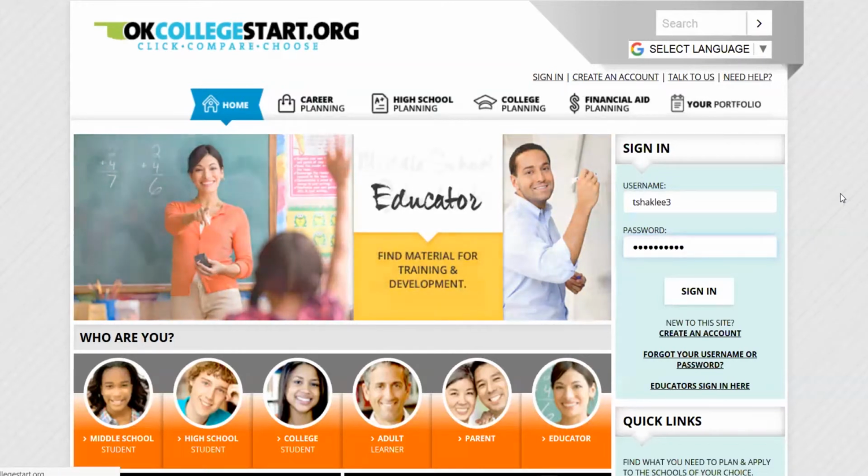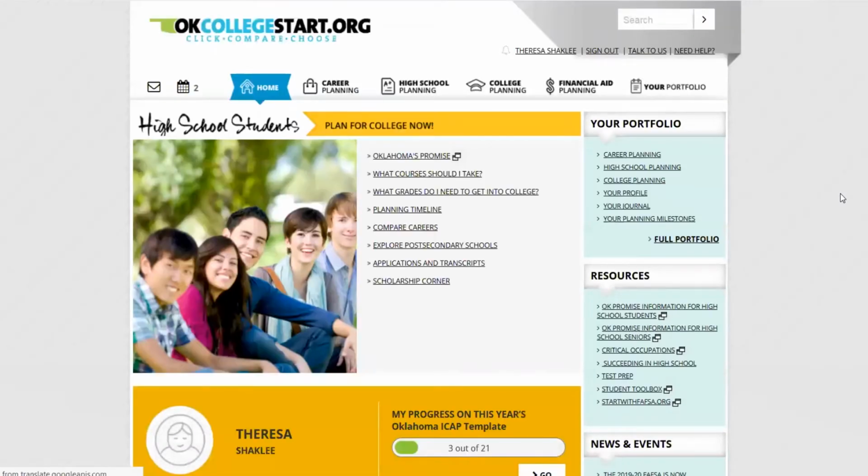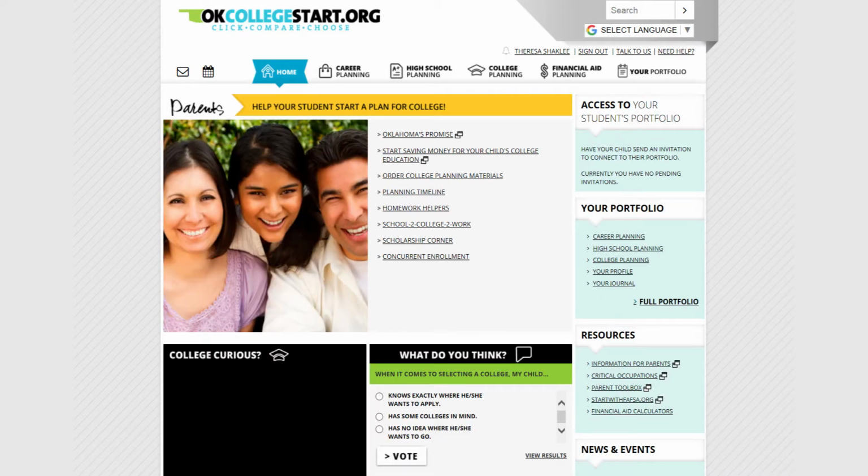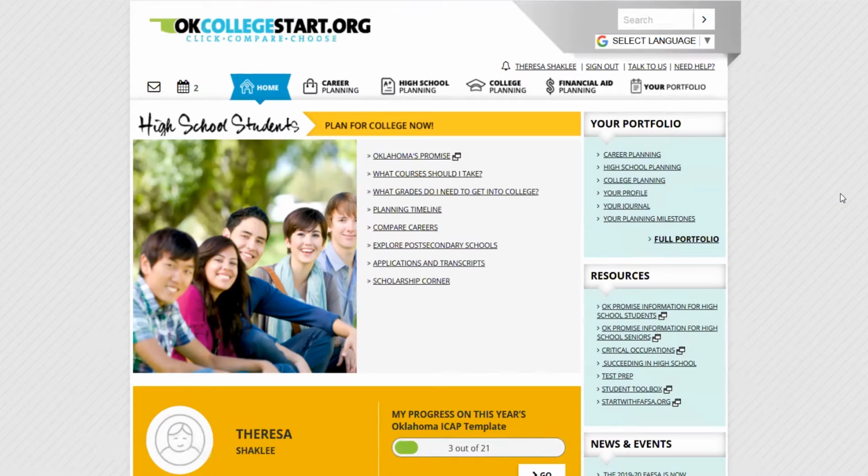Students may create their own accounts, or educators may create accounts for all students in a batch process. The home page for each student looks a little different depending on their grade level. Parents can also have OK College Start accounts to access college and career readiness resources for themselves and their students. Students can even connect to their parent's account, allowing the parent to see the work students are completing, including their